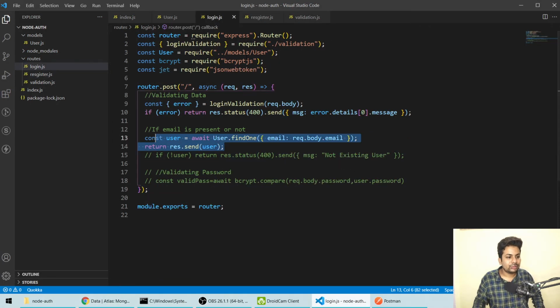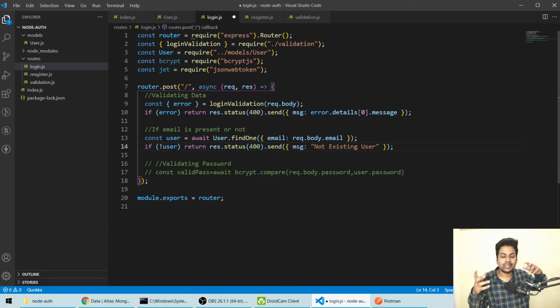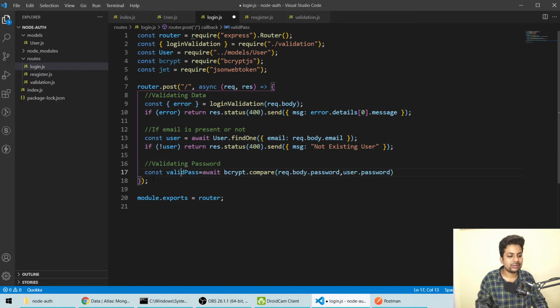So let's just go to the login page. So we'll get the data, and after that I'm saying if the user is not present, like it is empty, like nothing is there, just send an error, not existing user. So after that we'll validate the password. For the password we'll say await bcrypt.compare.